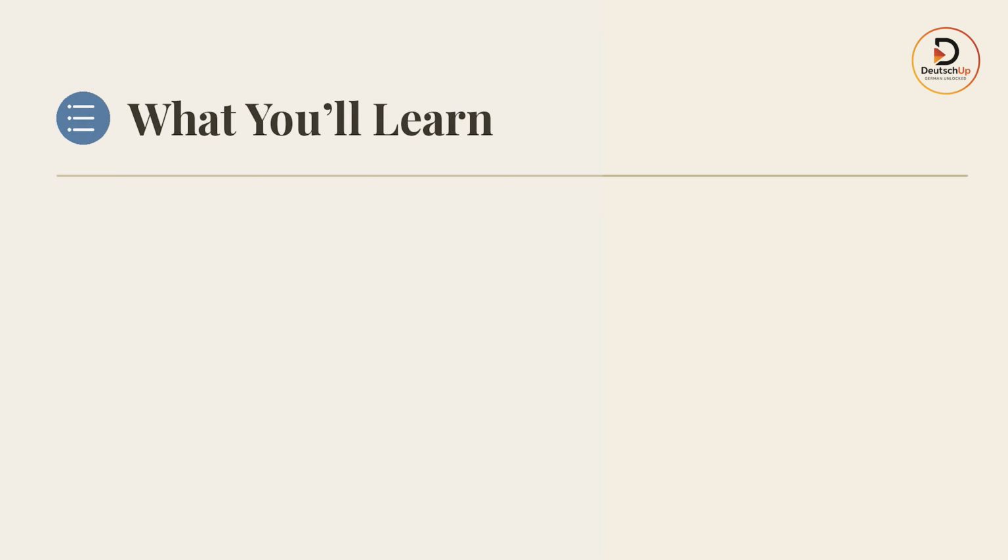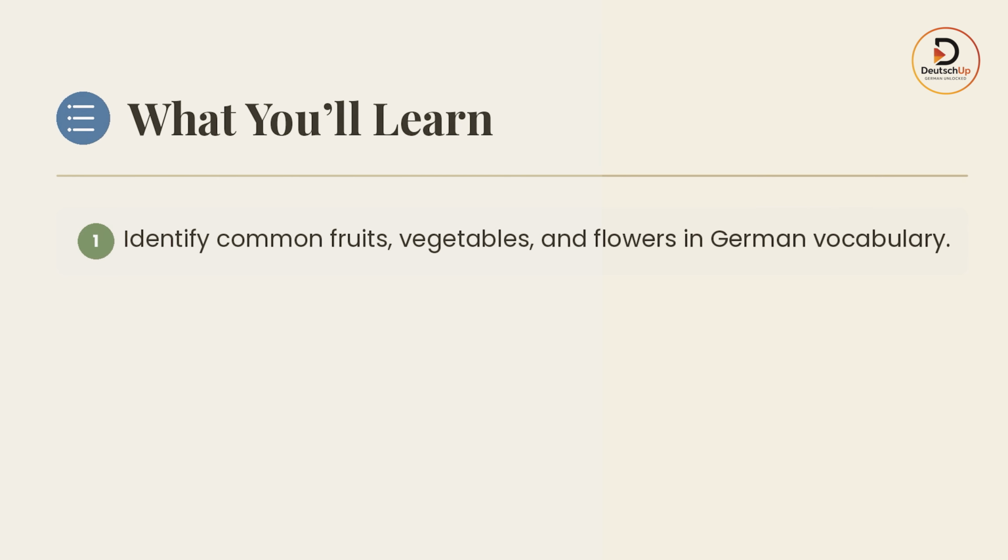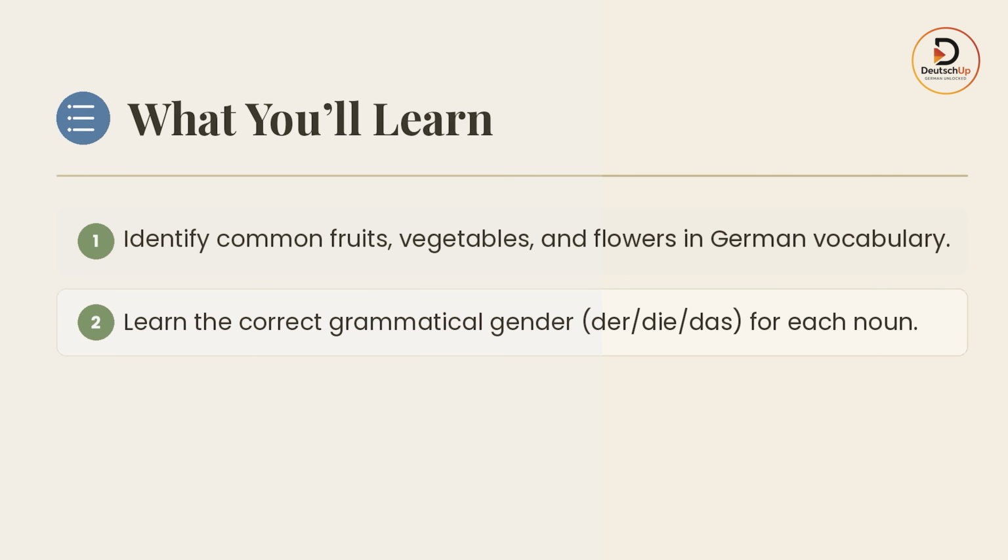We need to understand that when we learn a foreign language, it is important for us to learn the basic vocabulary in that particular language. In this tutorial, we will learn about common fruits, vegetables and flowers. Along with this, we will also learn their grammatical gender, der, die, das. We also learn about simple English pronunciation guides and example sentences that will help you to shop and describe food